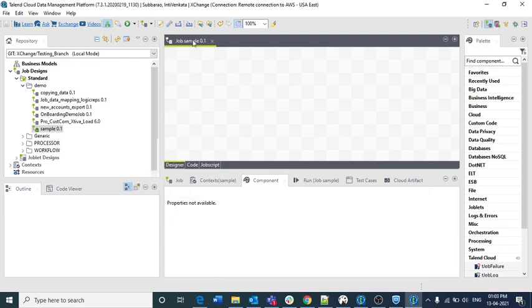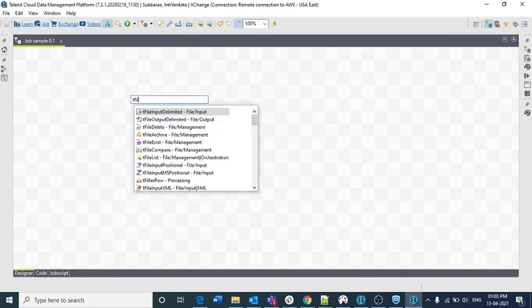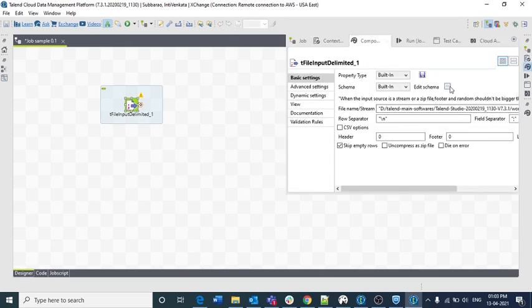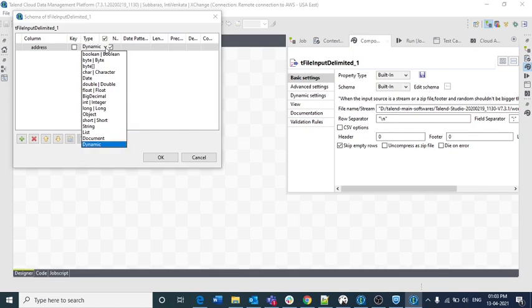In order to do that, first of all I take tFileInputDelimited, and here I am giving the column name as address, and the type I am giving as dynamic.